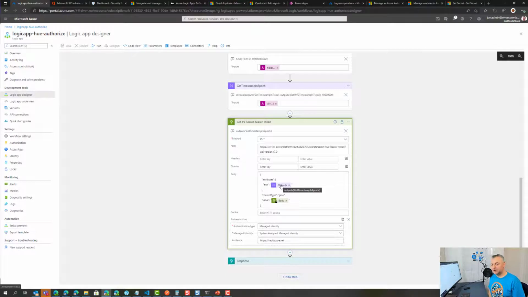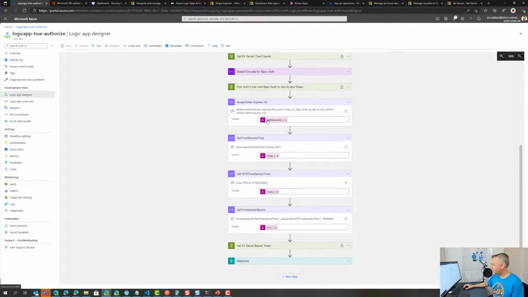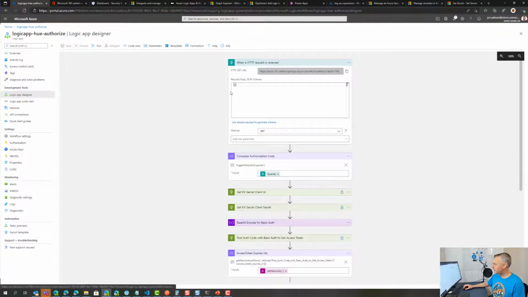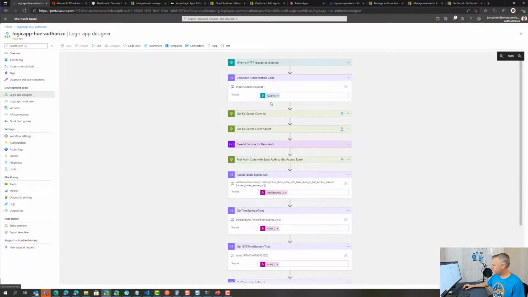So the thinking is that when I set an expiry date for key vault, the key vault secret, I can test against that later. So if the secret is valid, it should mean that the access token is still valid. But if the secret is expired, then I will have some logic that will make it possible to renew that access token, for example, and still using the managed identity. And all in all, this will provide a response back if everything's successful, so I can measure that from any calling services. So this is the logic app, and if I look into some of the choices I've made here,